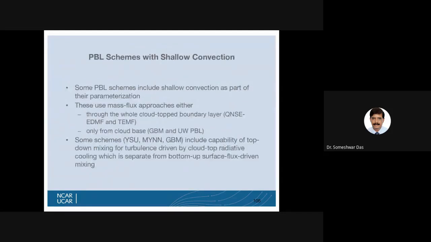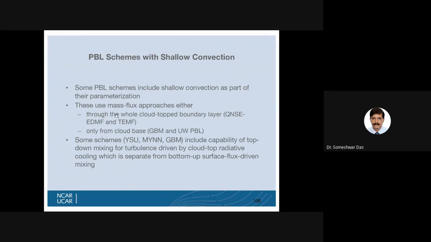Then you have studied shallow convection in your cumulus parameterization schemes. But in the model, shallow convection is also tied up with the PBL schemes, because anyway they are confined to a very shallow layer. So some PBL schemes include shallow convection as part of their parameterization.